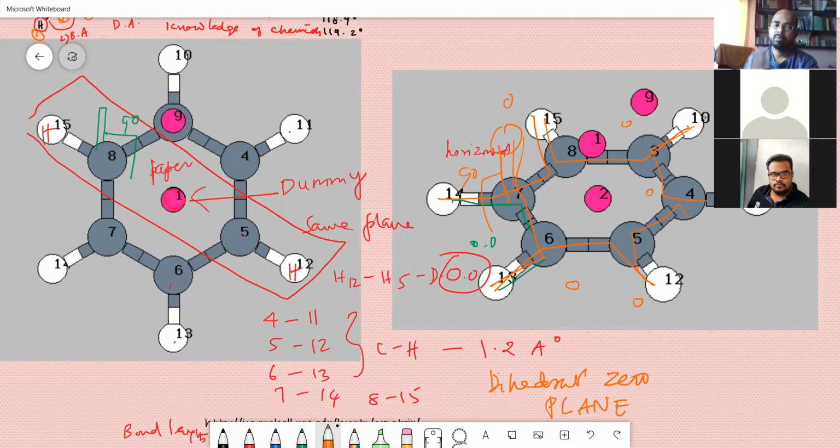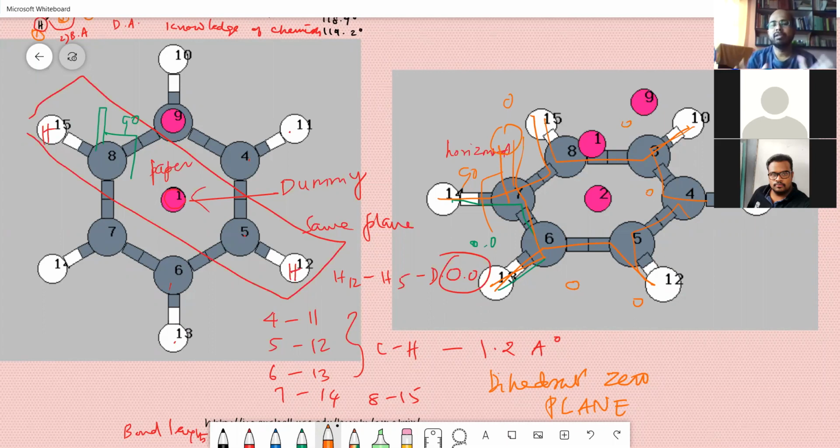For describing a molecule's orientation in three dimensions, you will require 3 parameters. Parameter 1 is bond length, parameter 2 is bond angle, parameter 3 is the dihedral angle. You should have knowledge of the bond lengths of organic molecules and some atoms like silicon and carbon. Bond angles you must also know. How do you get the knowledge of bond angles? You get it from hybridization.